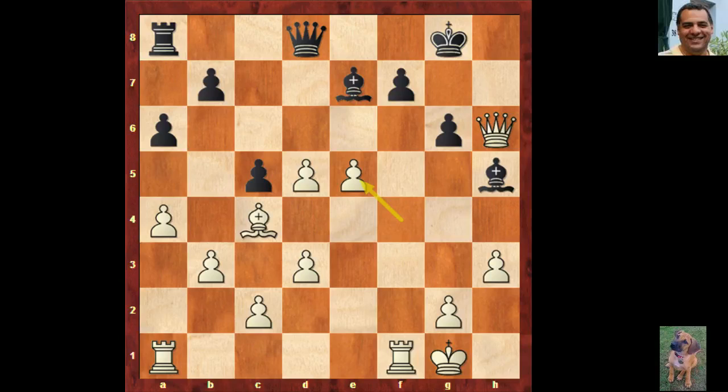Actually, I'm just going to try and do something with this as well. Okay, so in this position, black has what exactly? Okay, yeah, I hope you've all spotted it. This wasn't played because